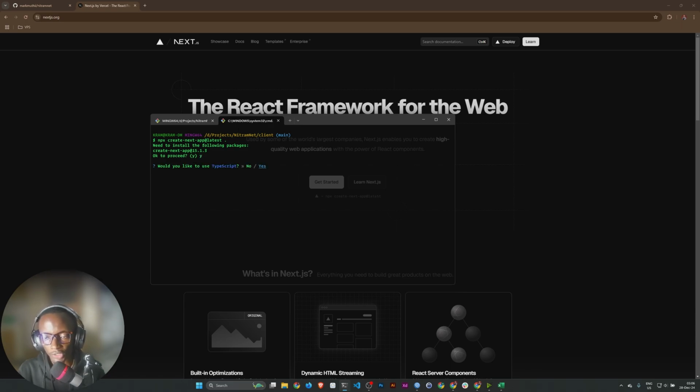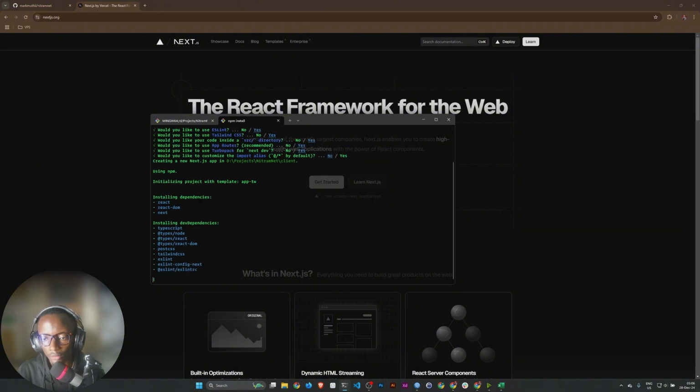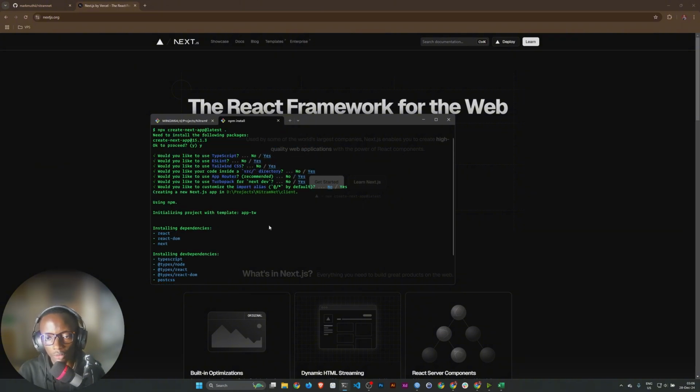Oh, it's version 15 of NextJS. I've actually not used version 15 yet, but I'll learn on the way. If there's any breaking changes from version 14... Yes to TypeScript, yes to lint, yes to Tailwind, yes to putting your code inside the source directory, yes. App router, yes. Turbopack, yes. Customize, no. Okay, so